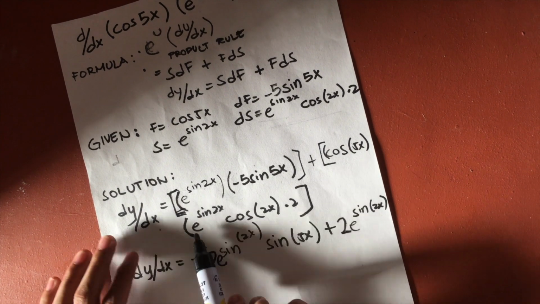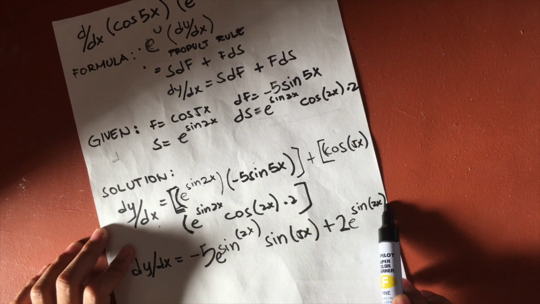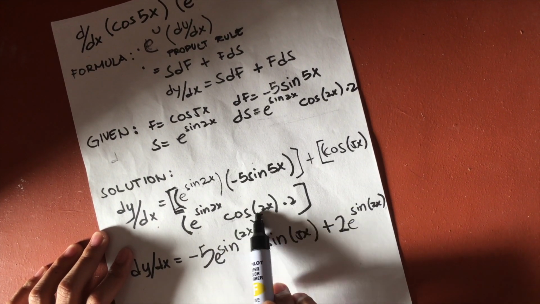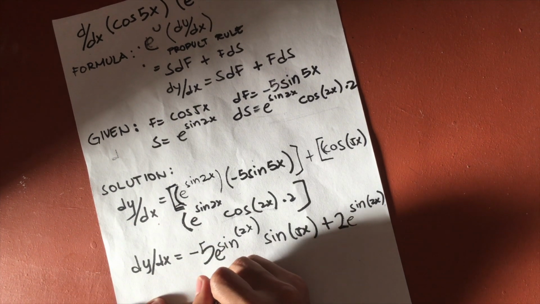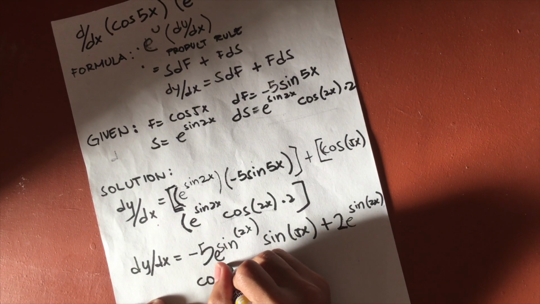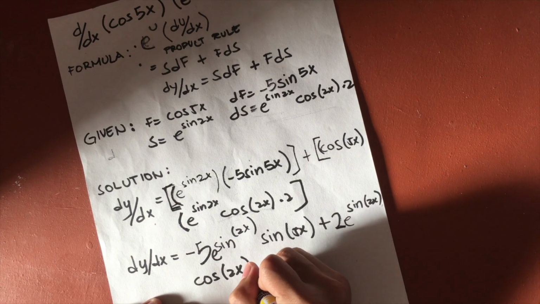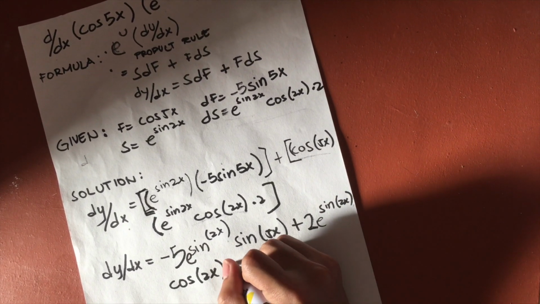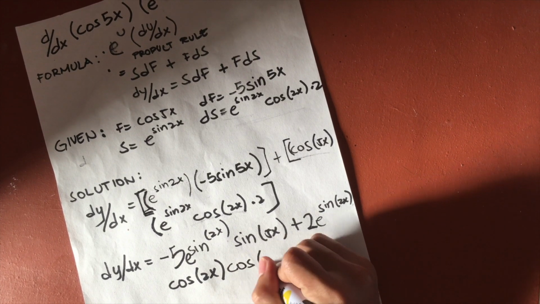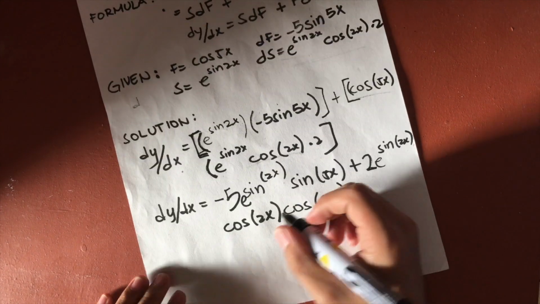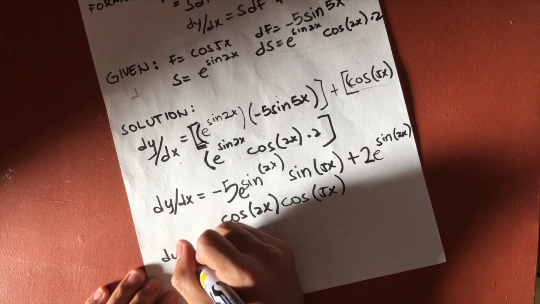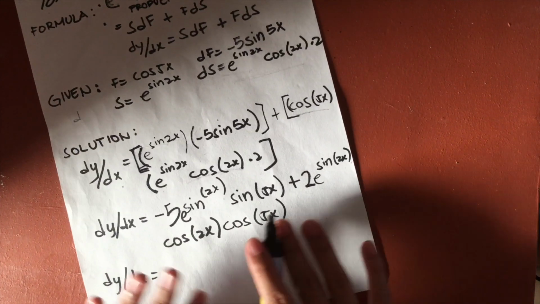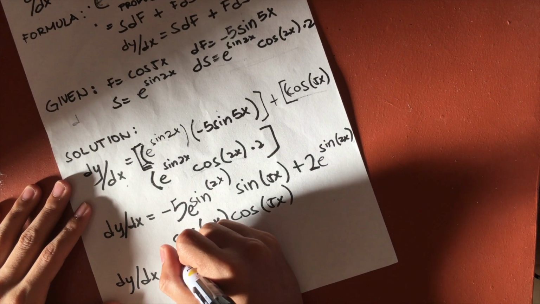Actually, 2 times e^(sin 2x) is here, and just copy the other one, cos of 5x. So in simplified form, your answer is